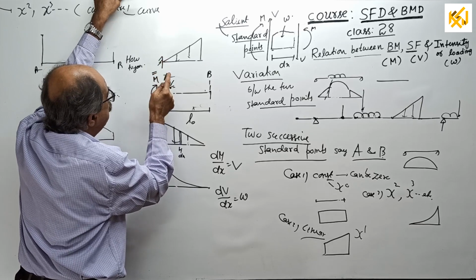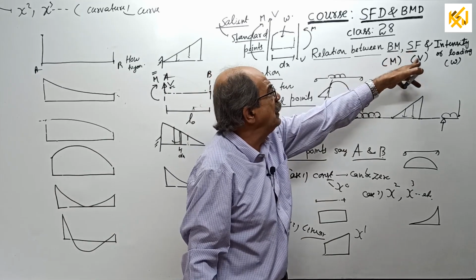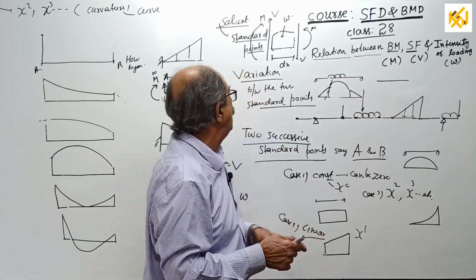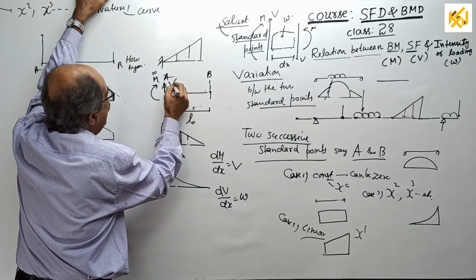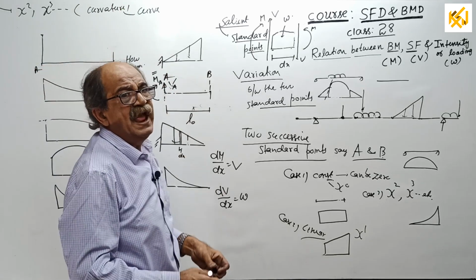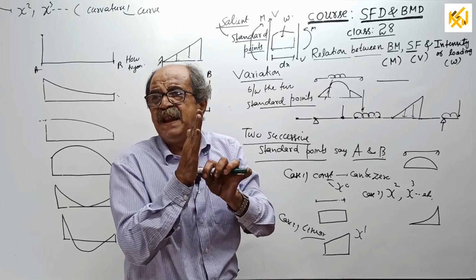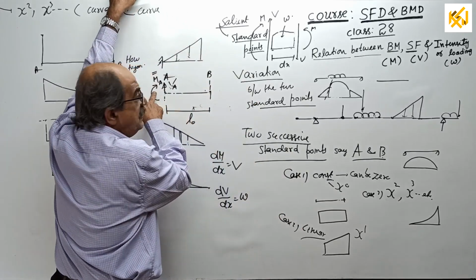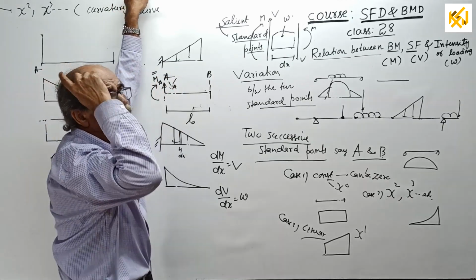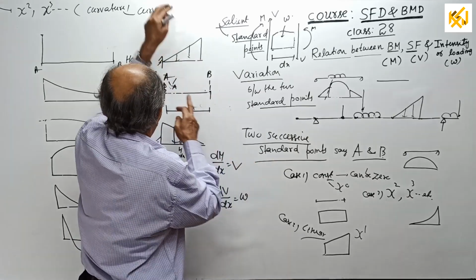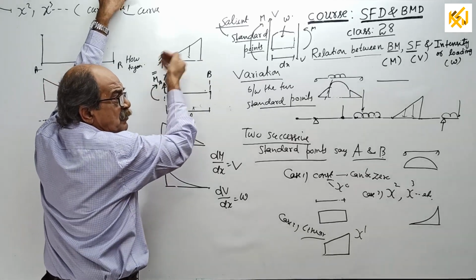But now, the bending moment symbol is M and the shear force symbol is V. So to avoid confusion, I will not put V, I will put VA and MA. VA means it can be the shear force at A. It can be the reaction only if it is the end of the beam. MA is the BM here. Of course, if it is the end of the beam, that is nothing but the reacting moment also. So at the starting point, I want VA and MA, one vertical force and one moment.